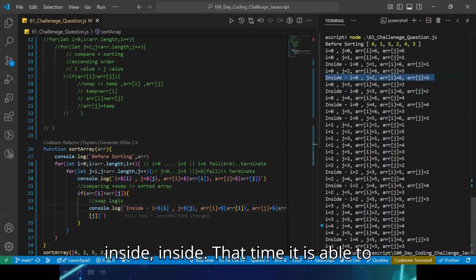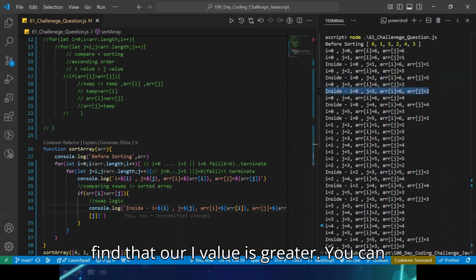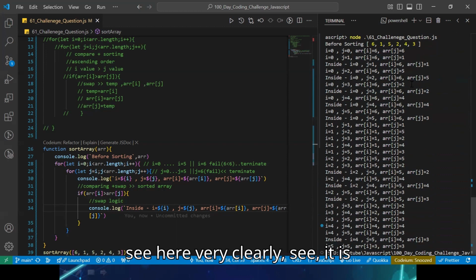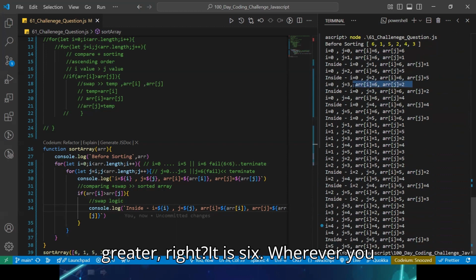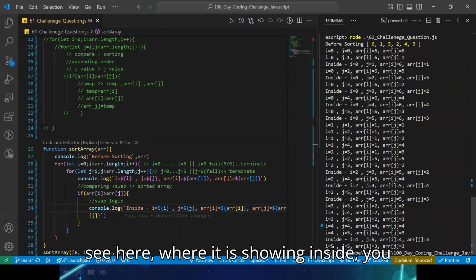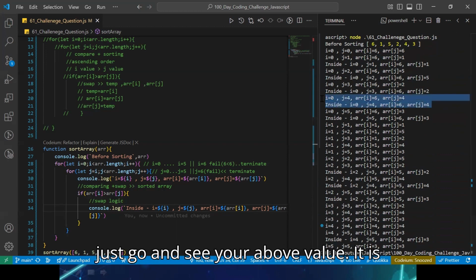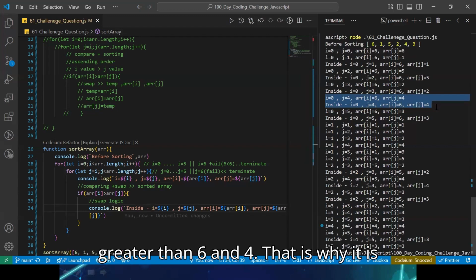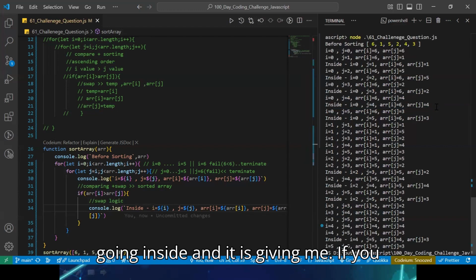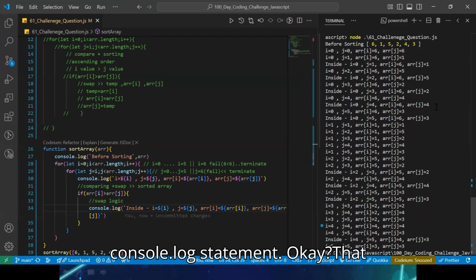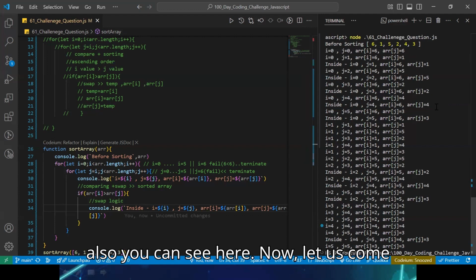At that time it is able to find that our I value is greater. Wherever it is showing "inside", just go and see your above value. It is greater, 6 and 4. That is why it is going inside. If you want to see that comparison also, you can see it in your console.log statement.